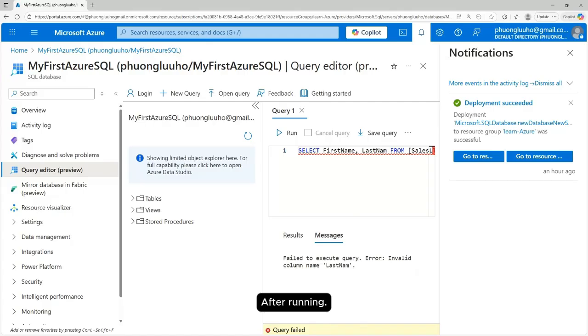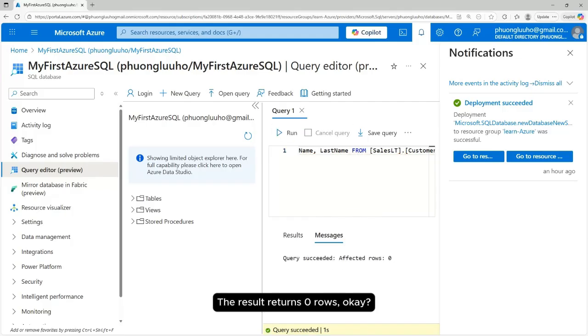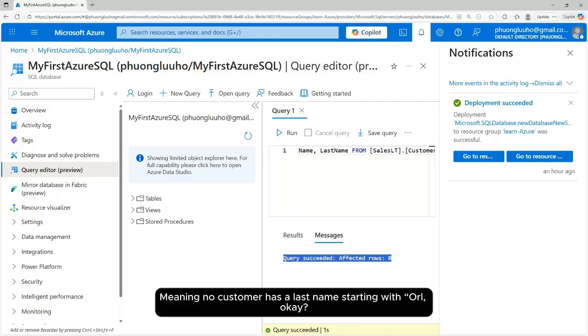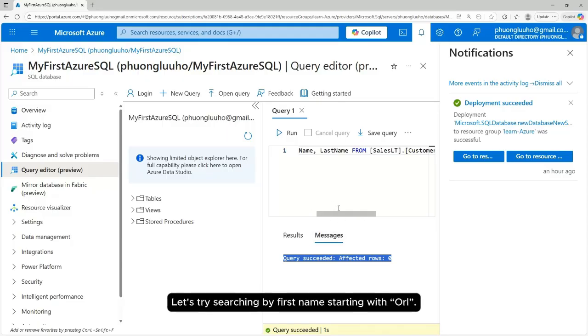After running, the result returns 0 rows. Okay, meaning no customer has a last name starting with ORL. Okay, next let's try searching by first name starting with ORL.